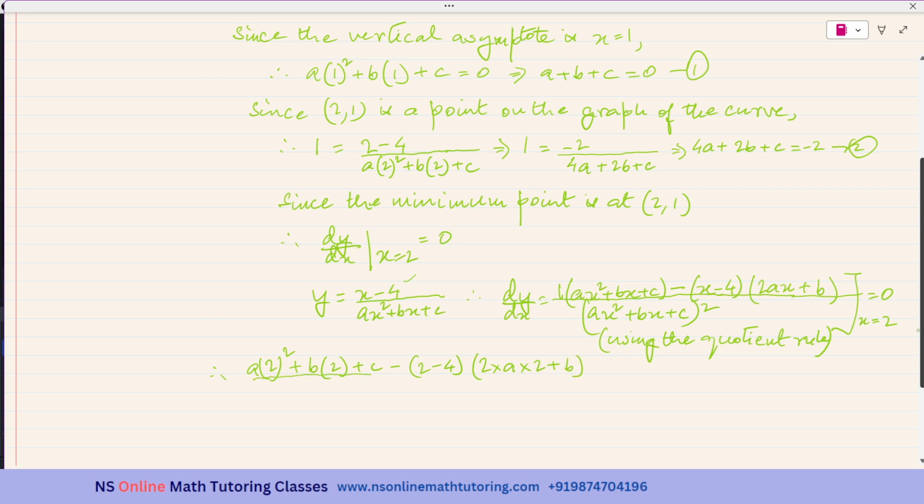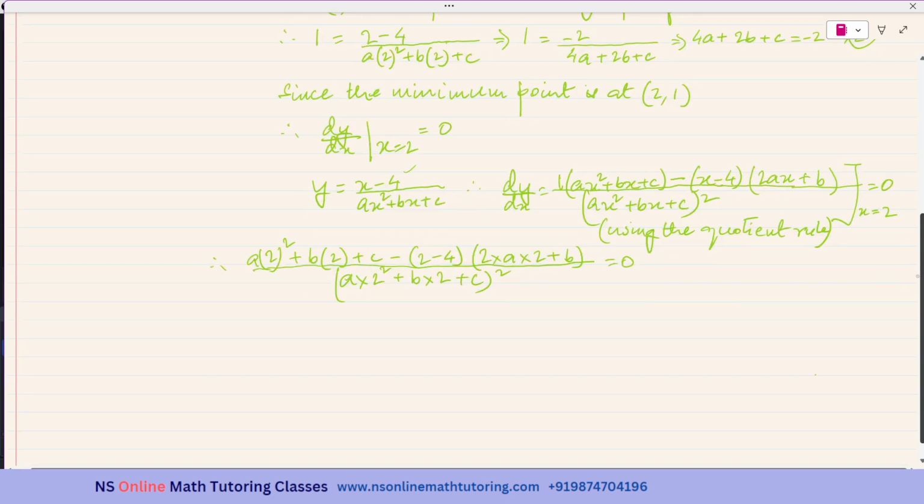over a times 2 square plus b times 2 plus c whole square. This should be equal to 0, and whenever the fraction value is equal to 0, it implies the numerator is 0. So this implies 2 square is 4, so 4a plus 2b plus c, and this is 2 minus 4 is